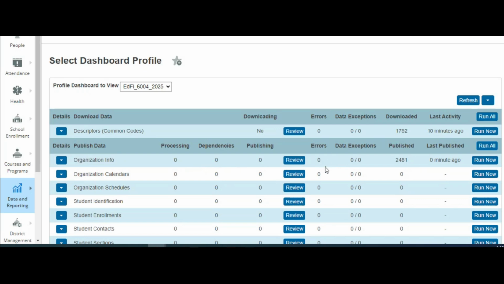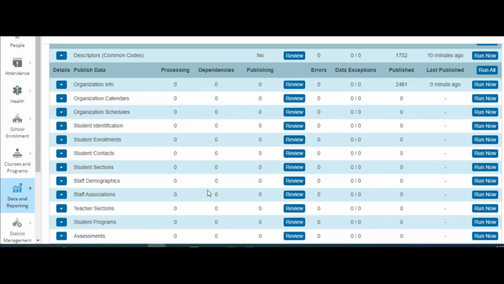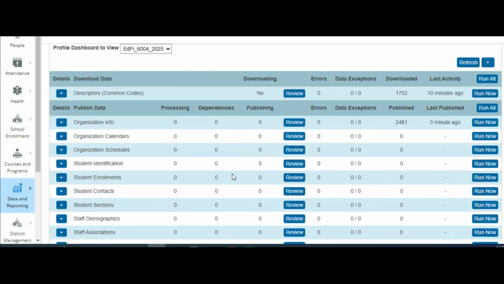If you are new in your role and this is all brand new to you, we do have some resources to help you learn about those things, but you're also welcome to reach out. It could be that if you have an error, it's something as simple as an easy fix, or it could be a bug. I don't think that we have any that we're seeing right now for organization info. Obviously, it would take a minute to go through all of these for you in this dashboard.